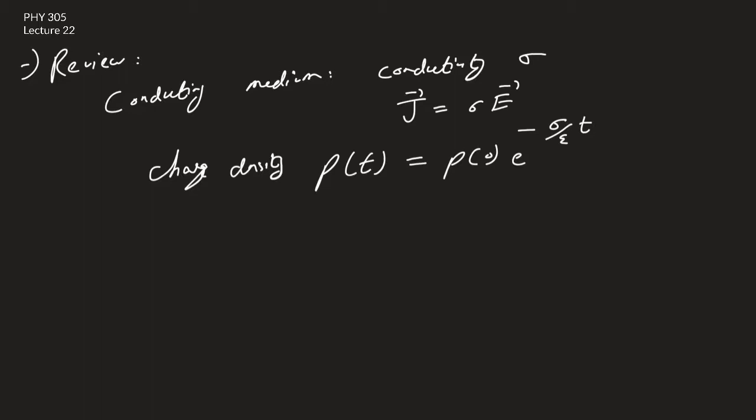We derived this last time, and we called tau equal to epsilon over sigma the characteristic time